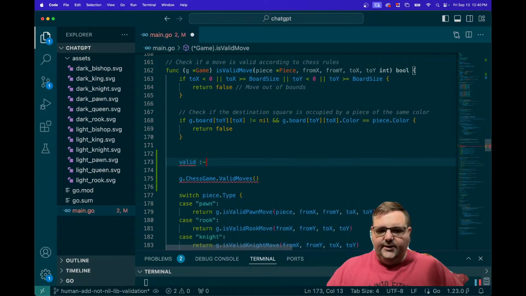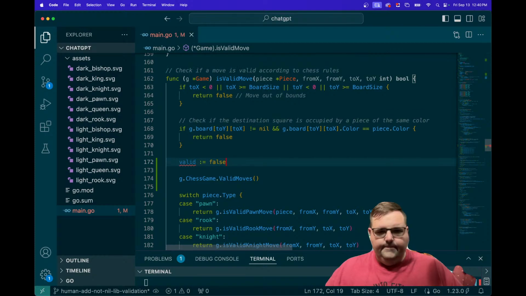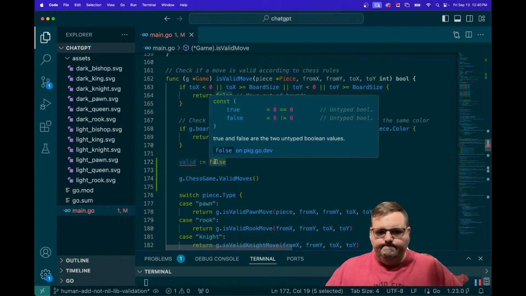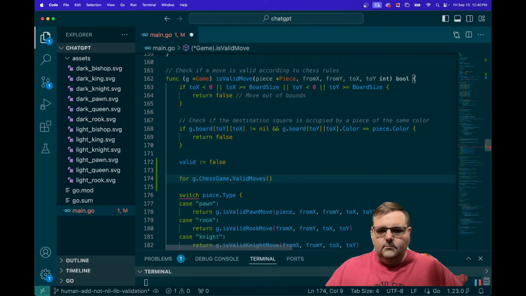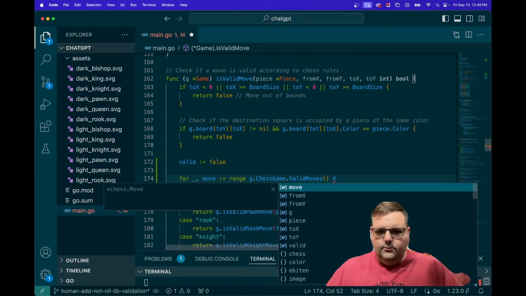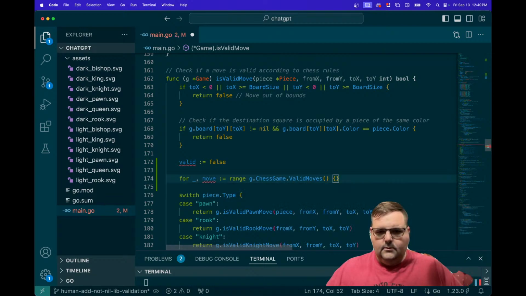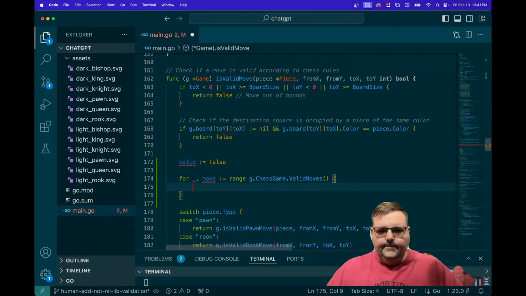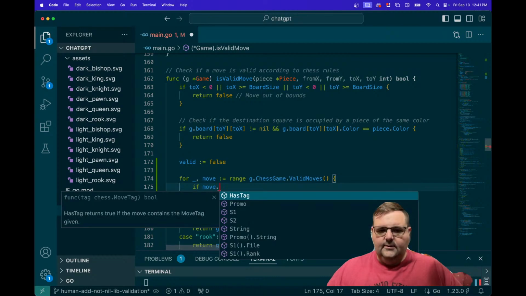This is going to be the cheap way to do it. What we're going to do here is say for each move in this list of g.moves, if move.S1